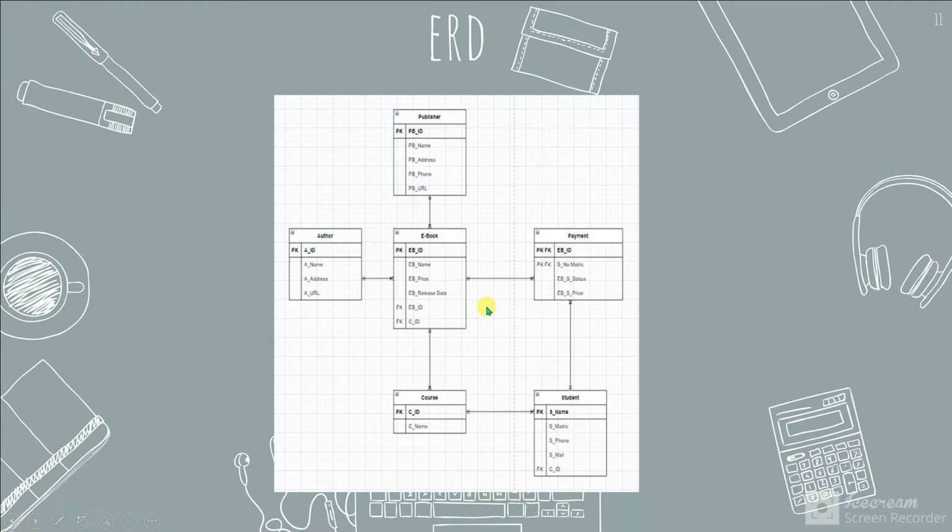The attributes for ebook are EB name, EB price, EB release date, EB ID, and course ID. Ebook has relationship with publisher, with payment, author, and course. So for student, it has two relationships, which are with course and payment.